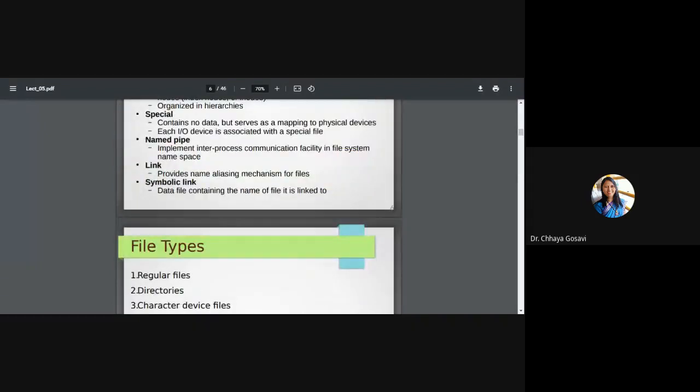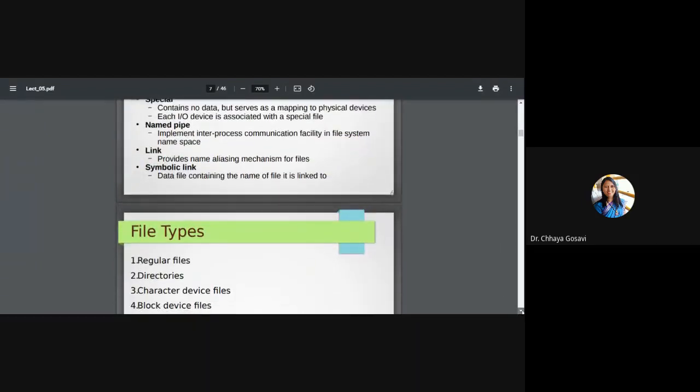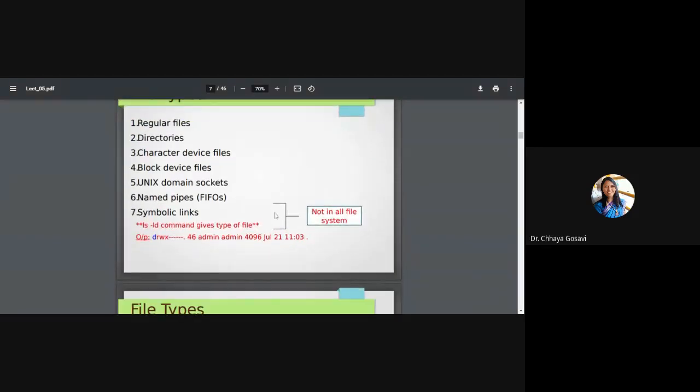In Unix, we have 6 types of files. Regular file. The normal files are called regular files. Whatever the file is, whether it is a code file, program file, data file, image file, video, audio, whatever files you create normally, those are regular files. Then another type is the directory file. We have different types of files depending upon the data access methods, like character device and block device files. Then Unix domain sockets and named pipes. These are for networking. And then symbolic links. We'll see what symbolic links are.